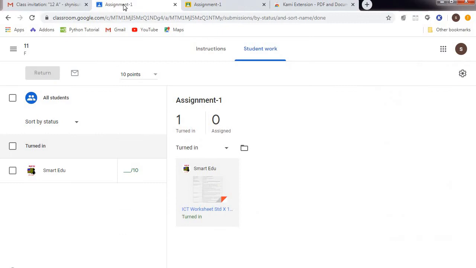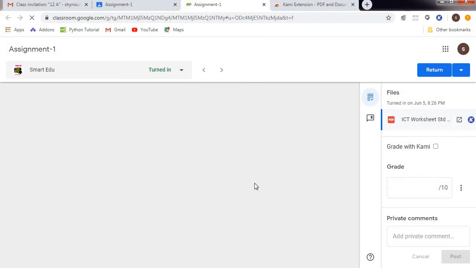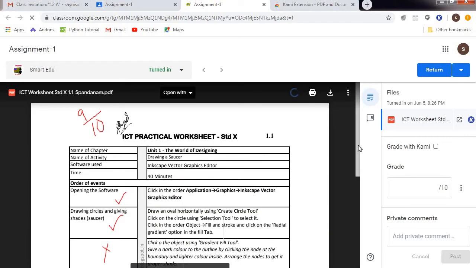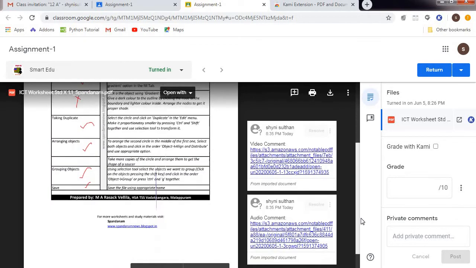That means you check this one. Again click on this one whether your saved item is there or not. So if you are clicking this one, you can see what all the data you gave, what all the changes you made. It is already in the paper. You can see the different comments also there.